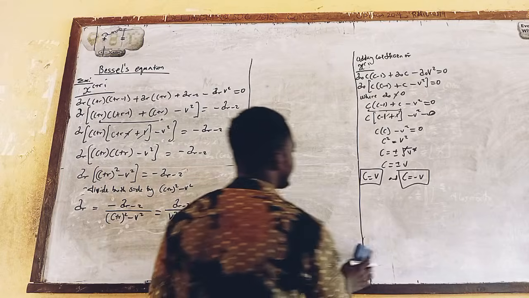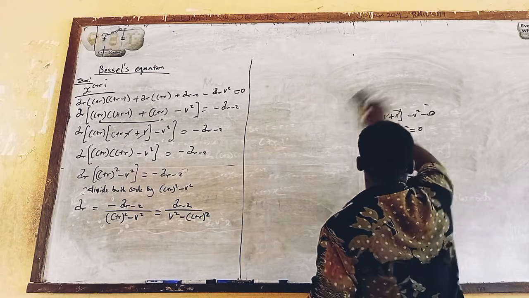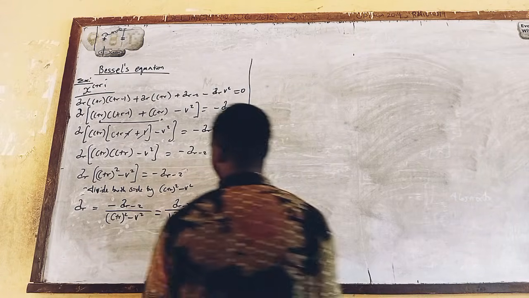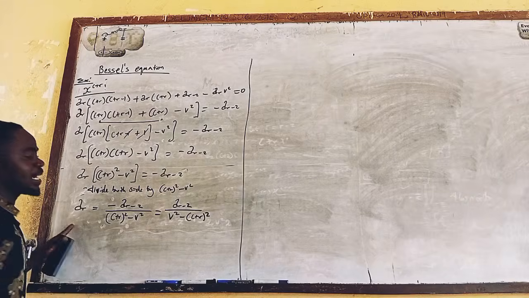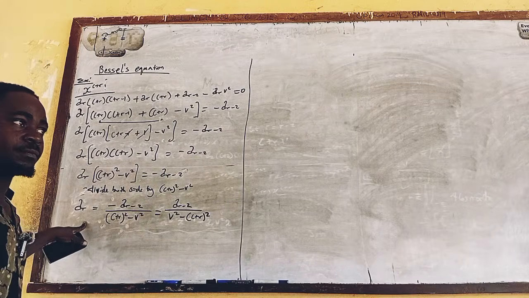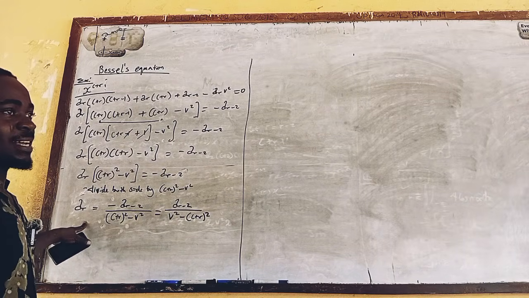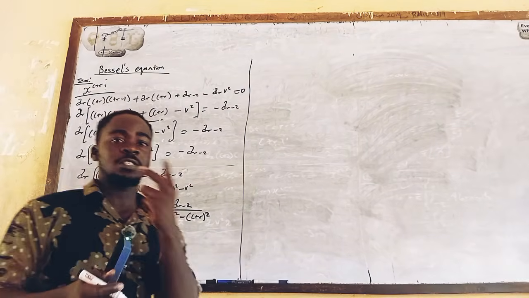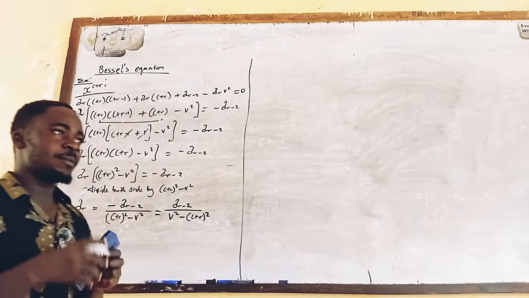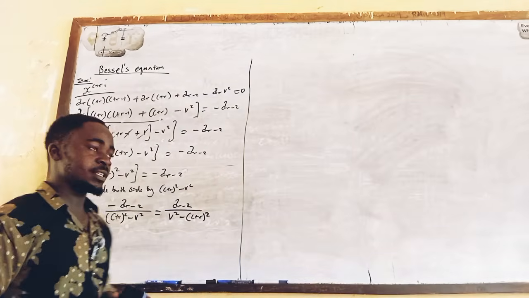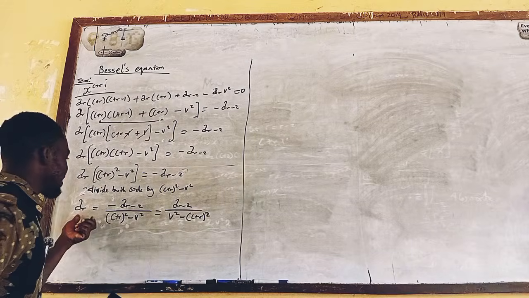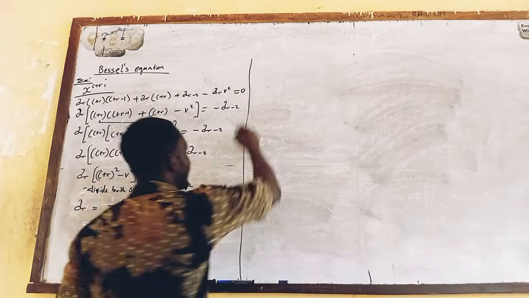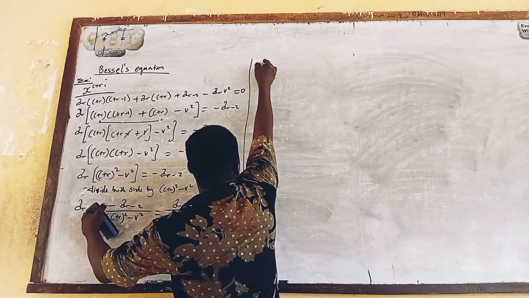Now let's continue. The next part is to find our r in terms of c. Remember, we obtained two values of c, which is positive v and minus v. But before we insert this one into it, let's find this a r in terms of c. Let's find it first. So we now have a r equals to,